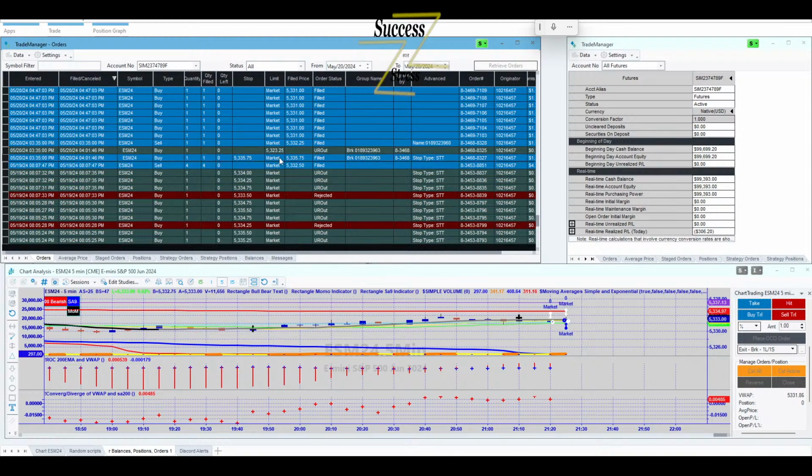This order was 35.75. Which one was filled? This one was filled here, and it was a stop for a loss.